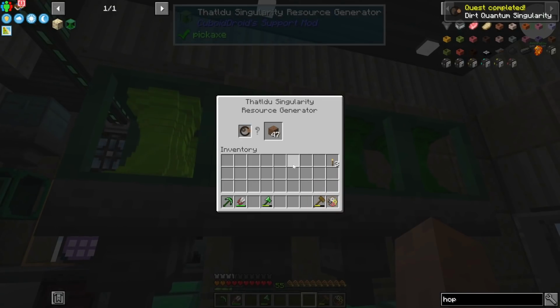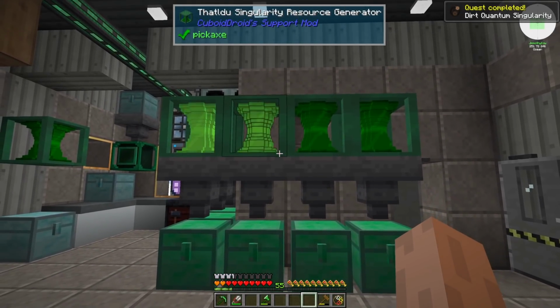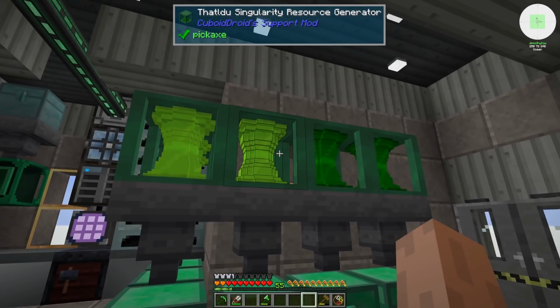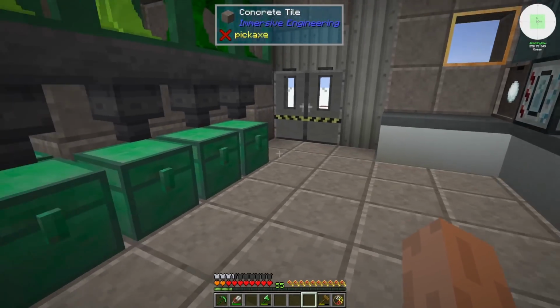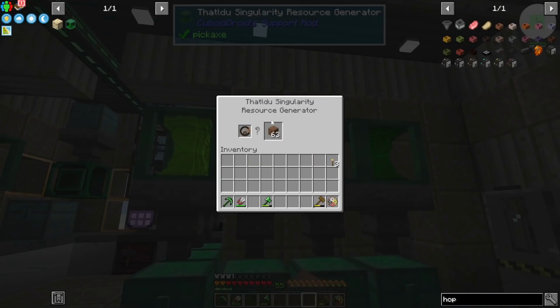And give me infinite dirt. I really do need to come up with a better system than just a line of these resource generators and chests, because I'm about to run out of room in the little house here. But oh well, that gives us a lifetime supply of dirt. So now I can sieve this